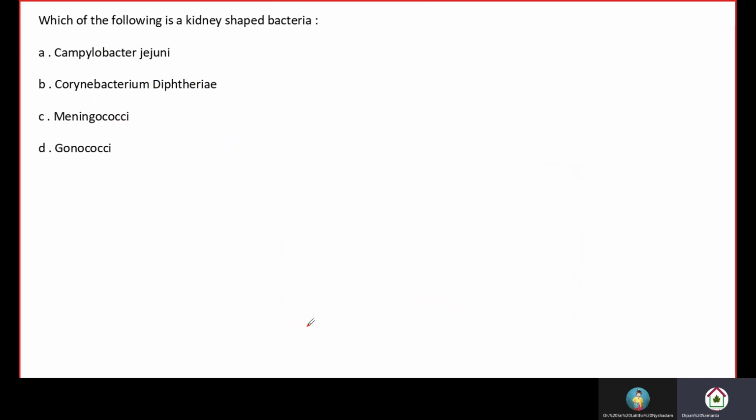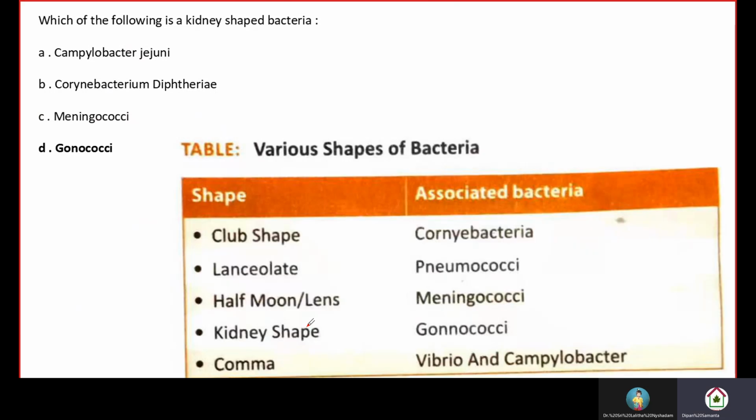Okay, next question. Which of the following is a kidney-shaped bacteria? Campylobacter jejuni, Corynebacterium diphtheriae, meningococci, gonococci. Kidney-shaped bacteria is gonococci. Some of the shapes of bacteria: